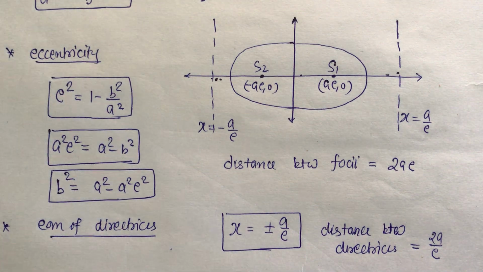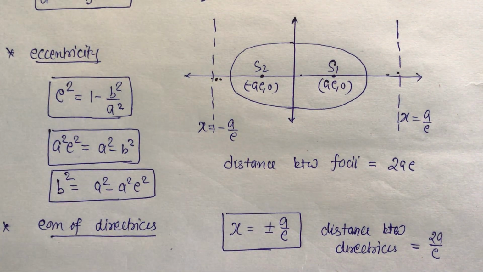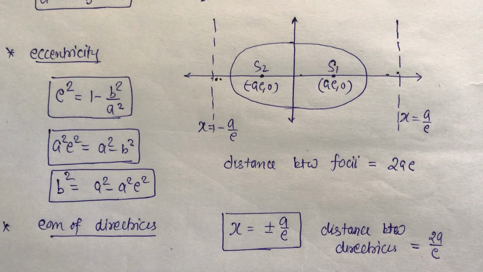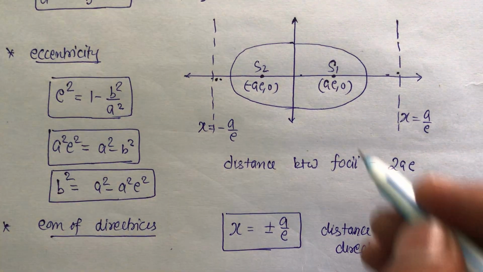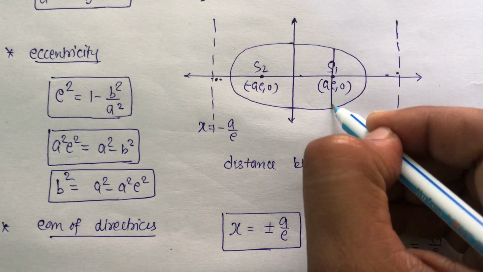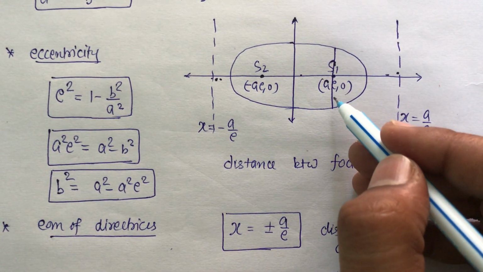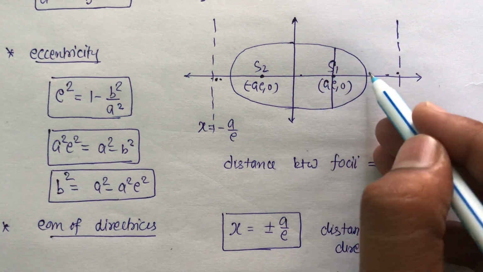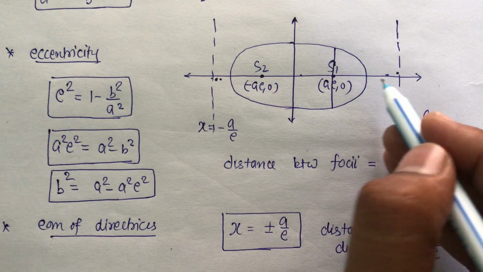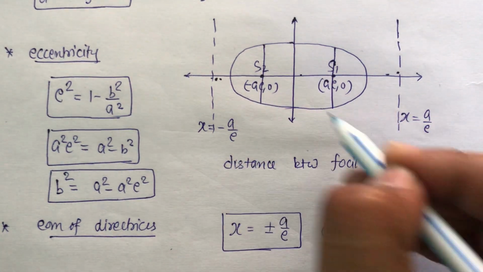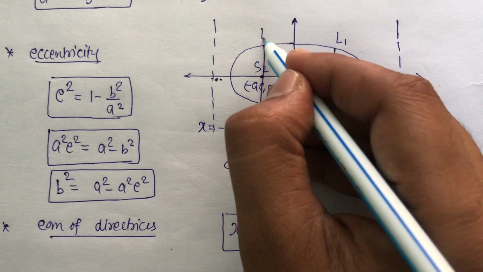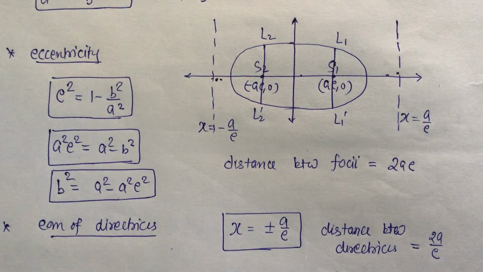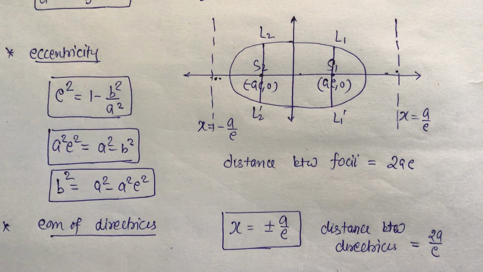After that, one more term is involved in this question, the latus rectum. So what is the latus rectum? The latus rectum is a chord of the ellipse which is perpendicular to the major axis and passes through the foci. So there are two chords like this. This is one of the chords passing through a focus, which is perpendicular to the major axis. This is called the major axis of the ellipse, and this is the latus rectum. Let's say this is L1 L1 dash and L2 L2 dash. By symmetry, the lengths of these two latus rectums will be the same.